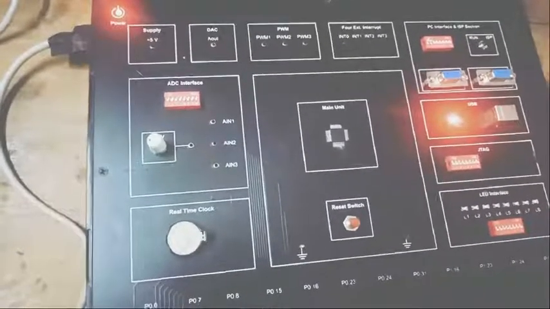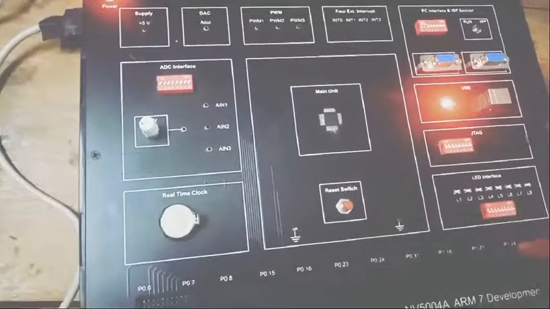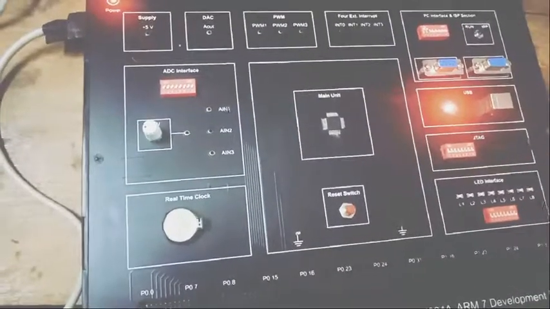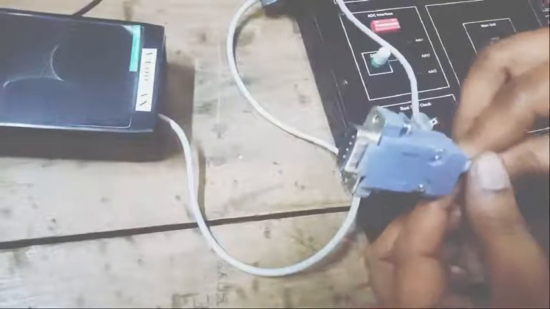Next, to program the board, we have to make a connection between the PC and the board, for which we are using an RS232 cable. This is an RS232 DB9 cable. We have to connect this on the ARM board.